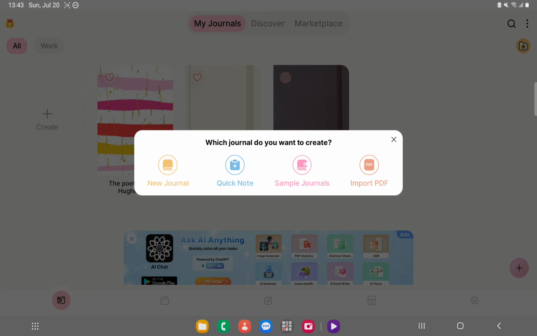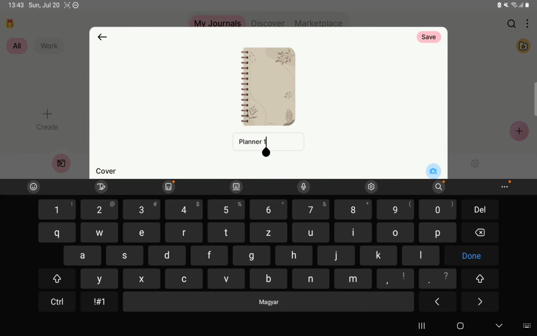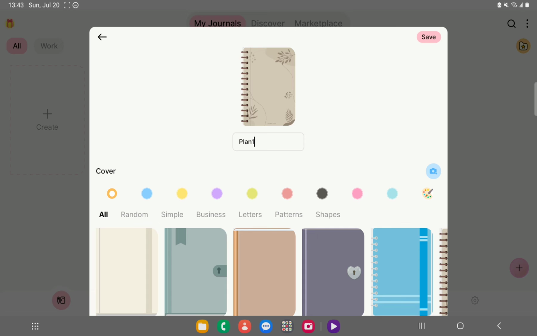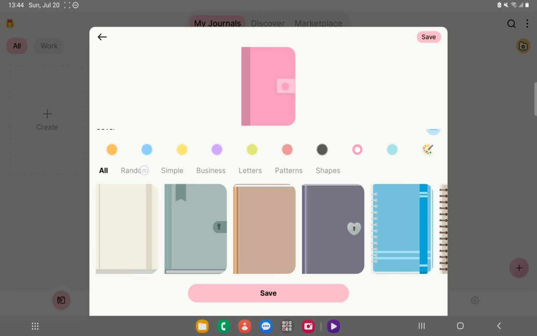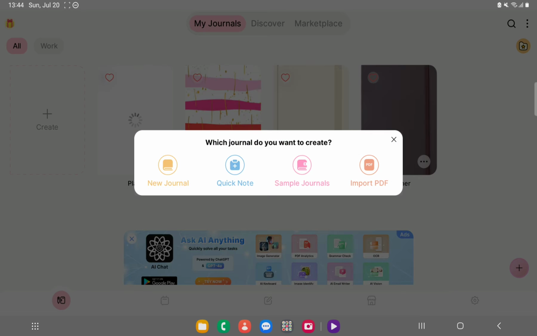Here you can find Create a new journal, and then you can give it a name like Plan 1 for me, and then you can choose the color of the cover, or you can also browse different styles and choose one that you like. Click on save,